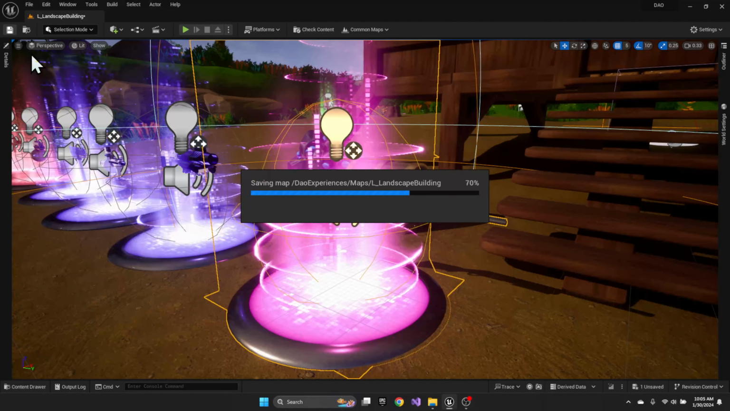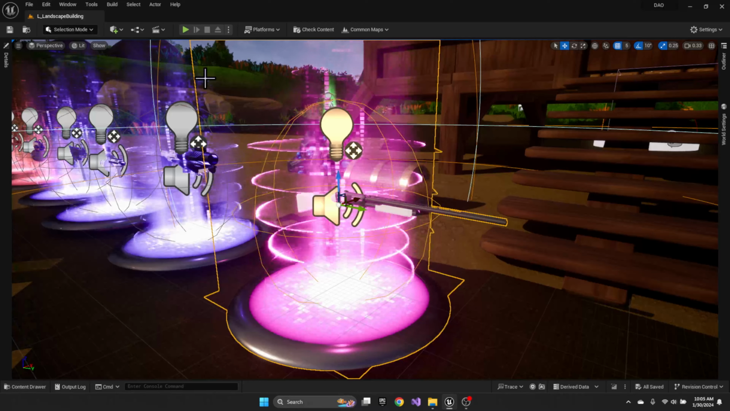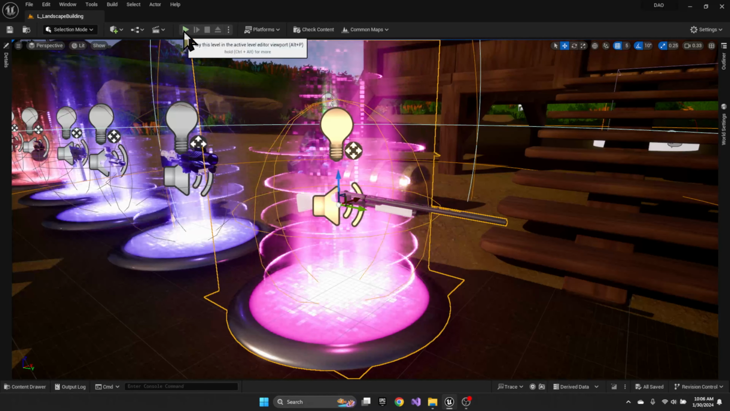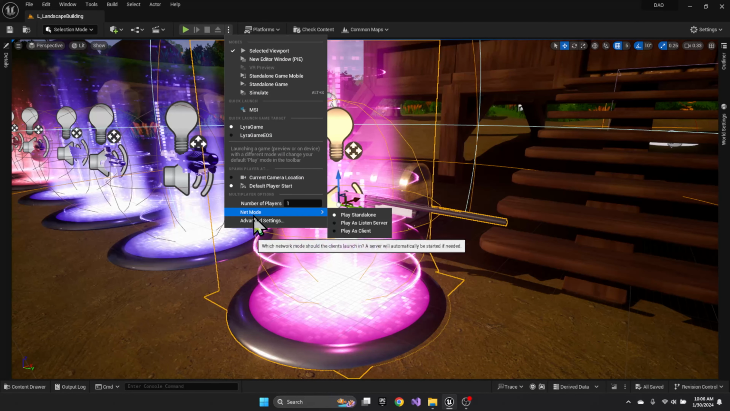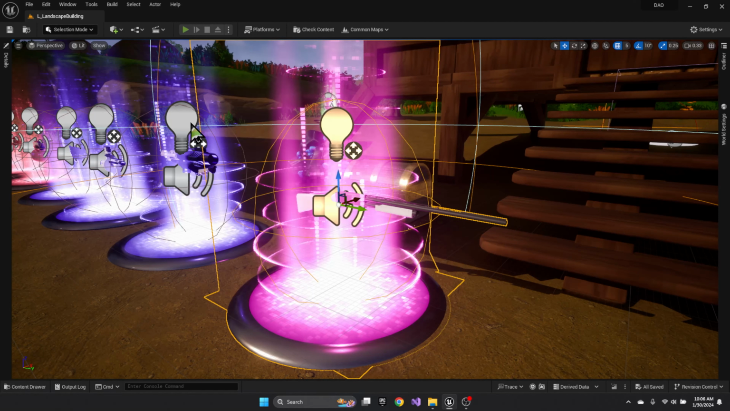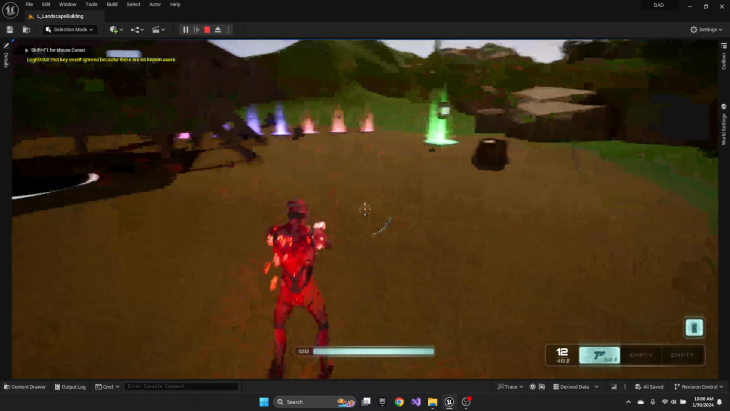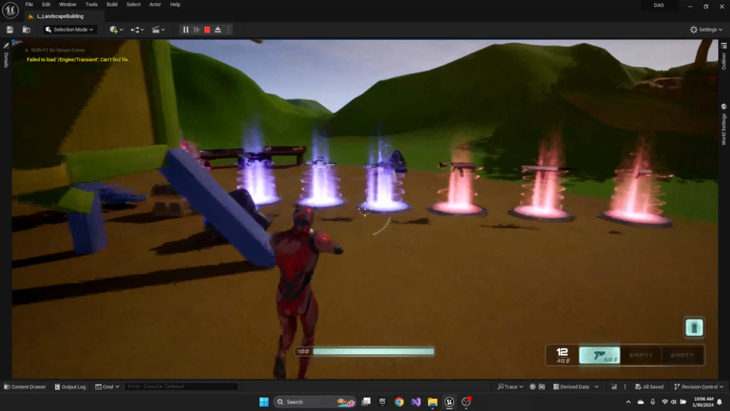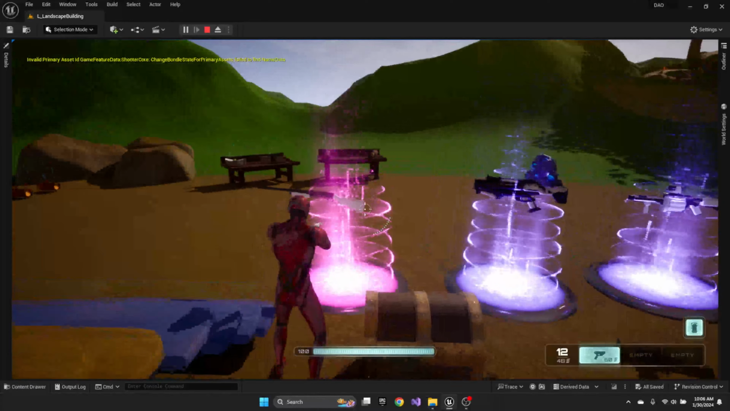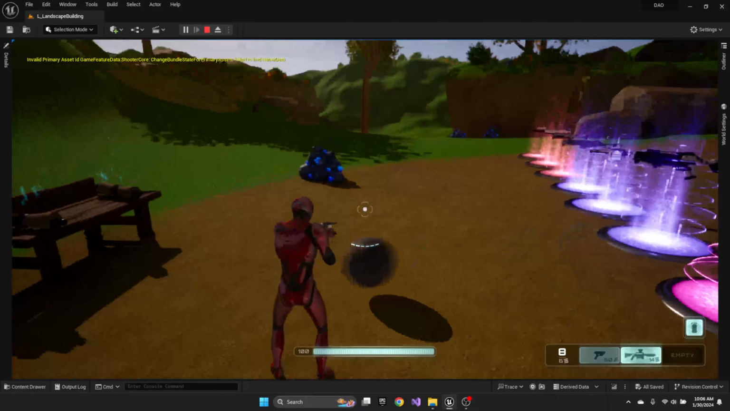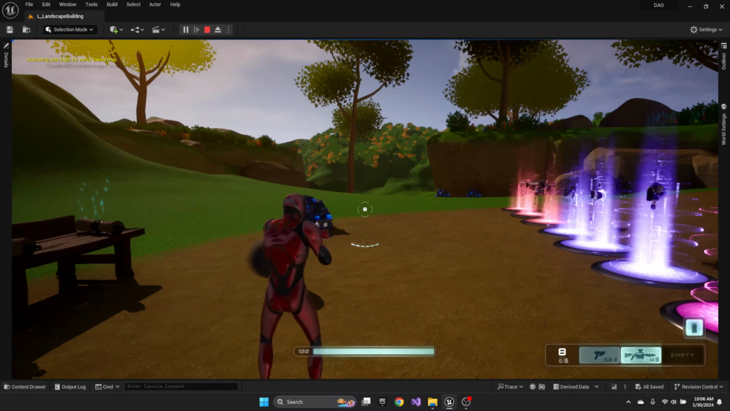And if we did everything right, we should be able to play here. Check what I'm playing: standalone in viewport. Okay. So if I get the pink one, all right, I am given the shotgun. If I press F8,